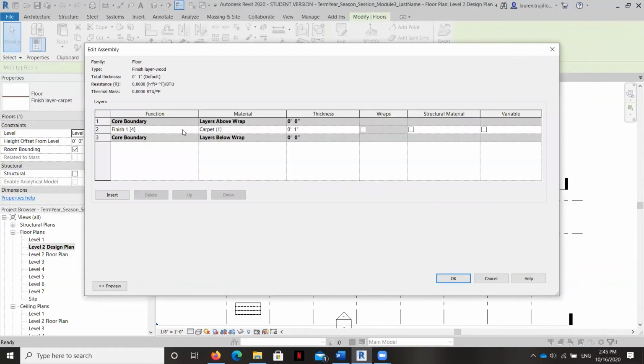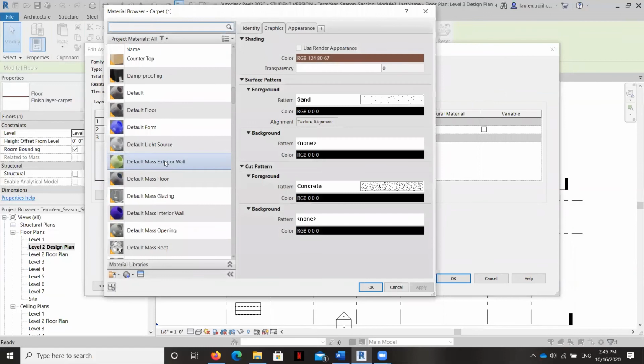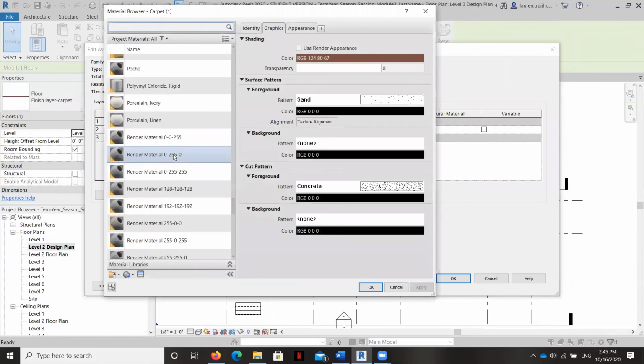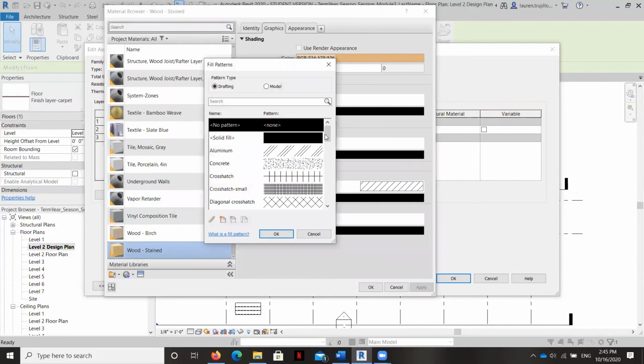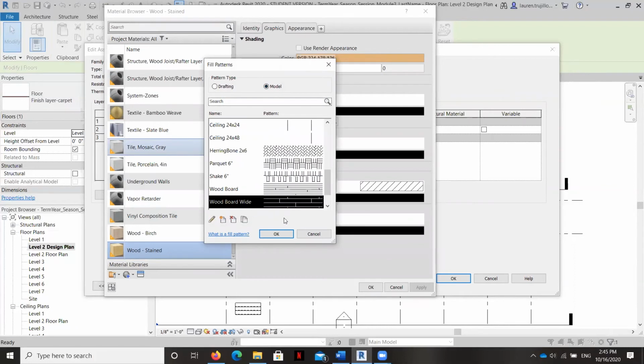Same thickness, same offset, but now for the material, instead of it being a carpet, we're going to have it be wood. I'm going to click on that, and then I'm going to make the surface pattern, or how I want it to look on the plan, like this.